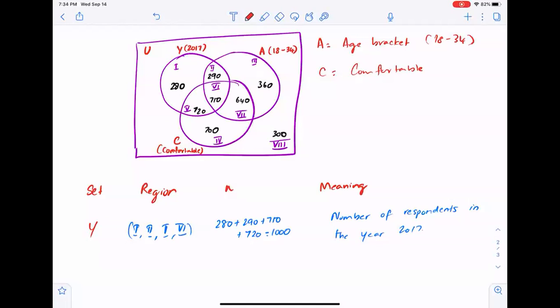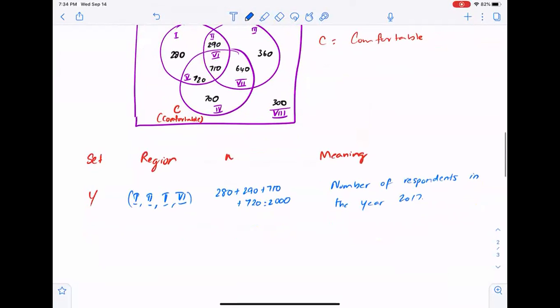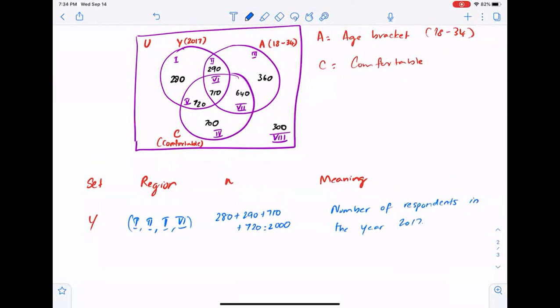So I accidentally wrote 1,000 there. It is 2,000, bad math. I was doing mental math as I was checking my work. 710 plus 290, and I just wrote 1,000. So it is 2,000. Okay, now let's move on to set